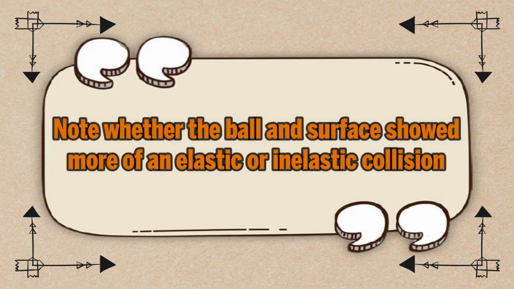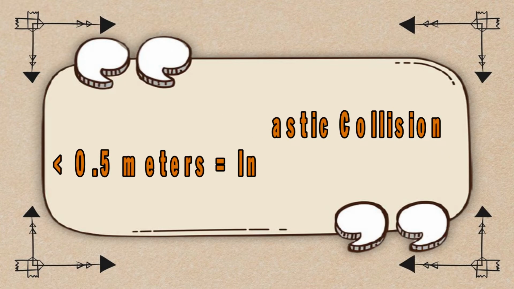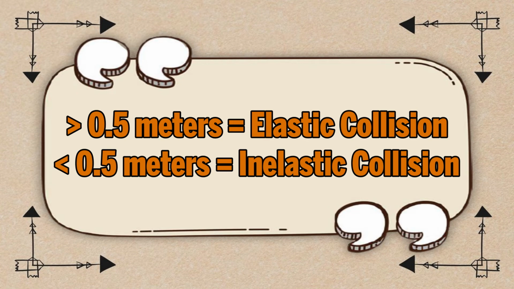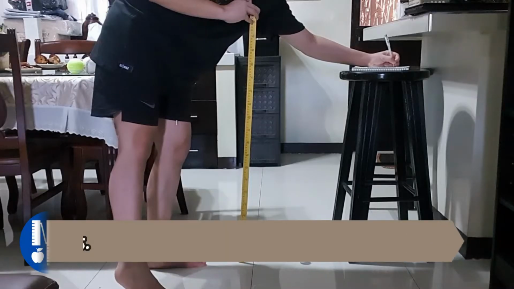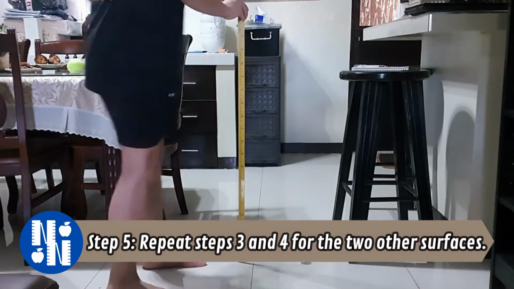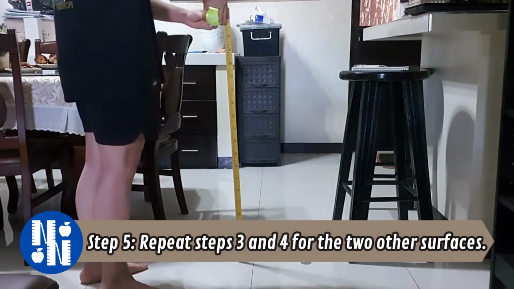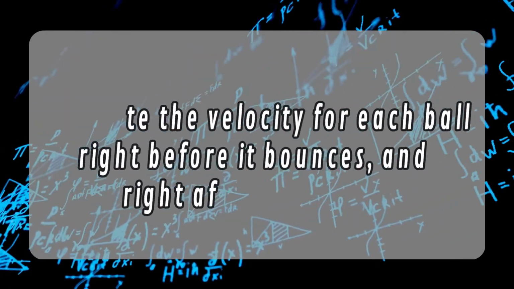Fourth, note whether the ball and surface showed more of an elastic or inelastic collision. If the ball bounces up more than 0.5 meters, then it is more elastic. If it bounces up less than 0.5 meters, then it is more inelastic. Fifth, repeat steps 3 and 4 for the 2 other surfaces. Sixth,